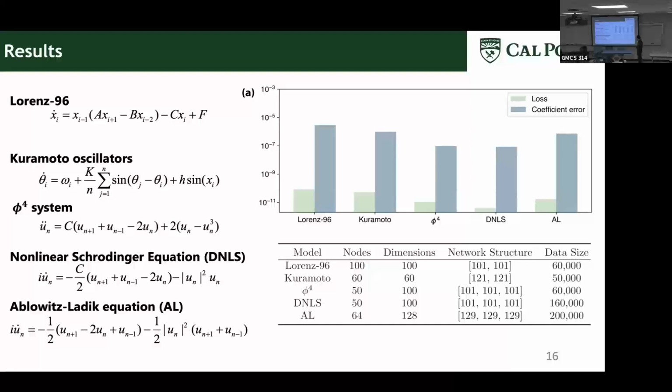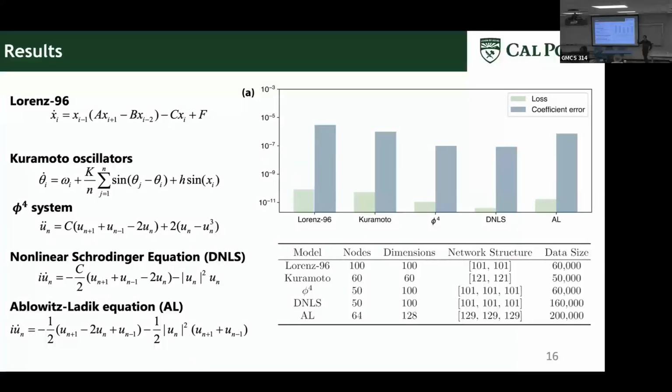This is our model here, for the Kuromoto, the lateral size here is actually, if you consider sine to cosine, it's kind of compared to like 120 degree Lorentz 96. Okay, and this figure shows the loss. Okay, the converged loss here.